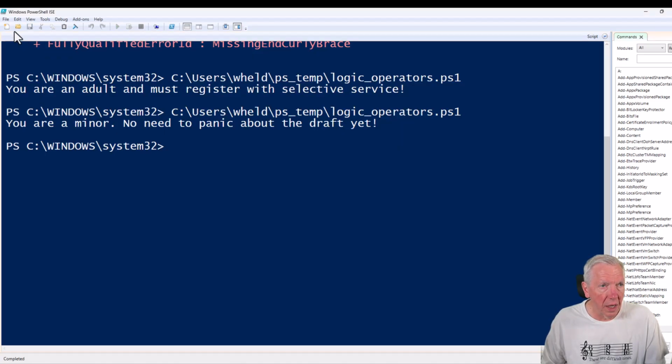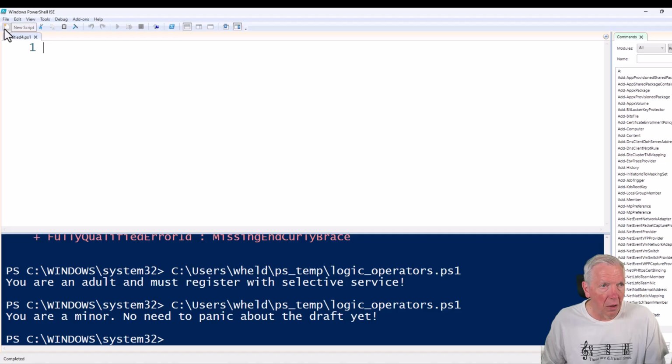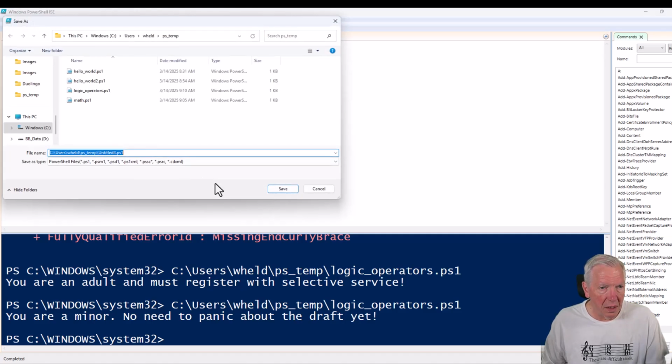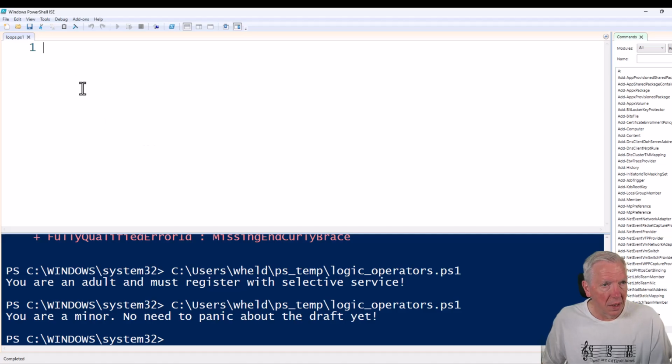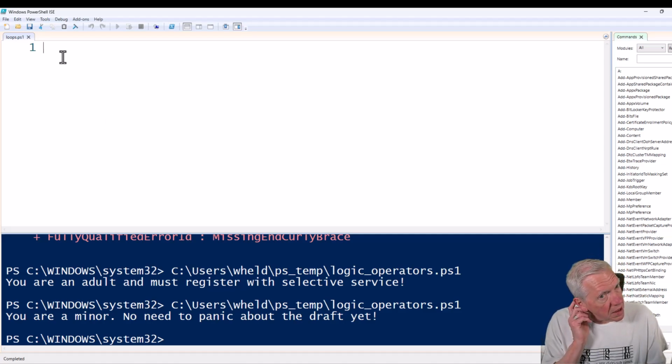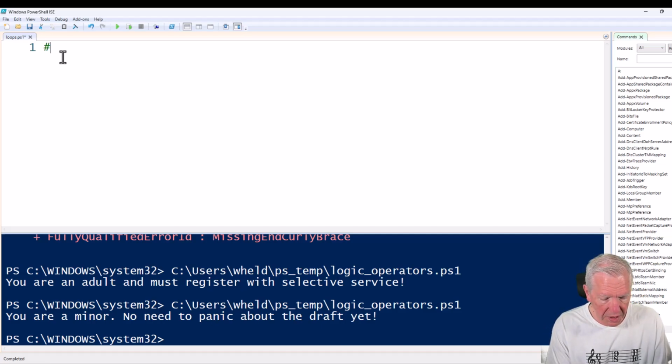So let's take a look at a loop. So I'll do a new one. I'll go File, Save As, and I'm going to call this Loops. So we've got our loop out here. Now this is very, very common in C and C++. I think that Java does it this way. It could be that JavaScript does it this way as well. Python's a little bit different when we're talking about a for loop. So this is a